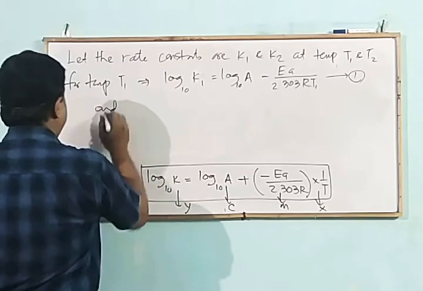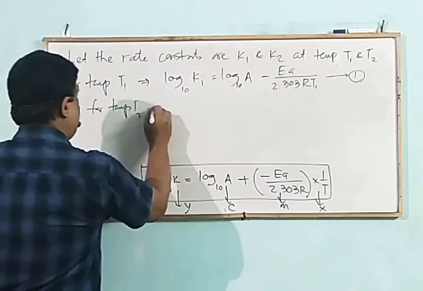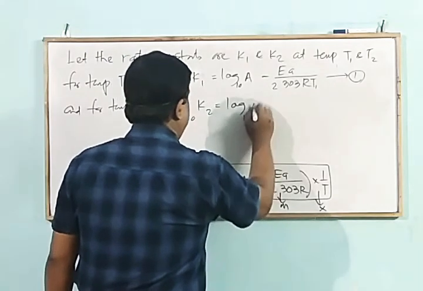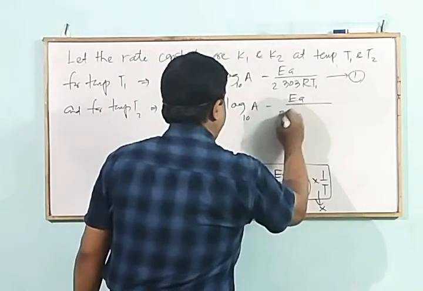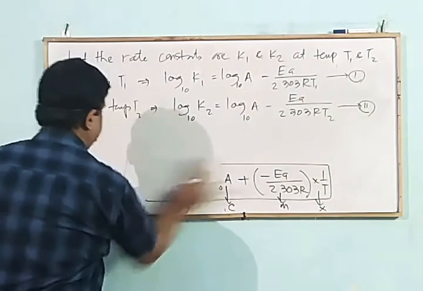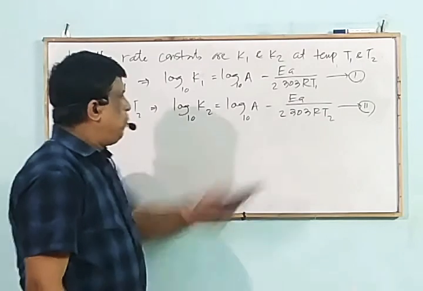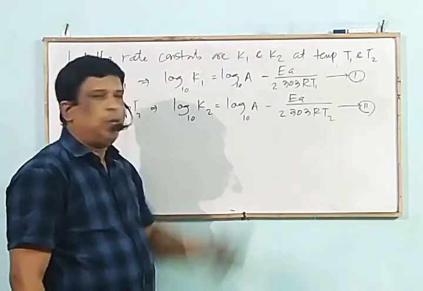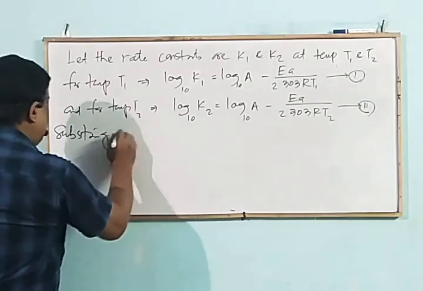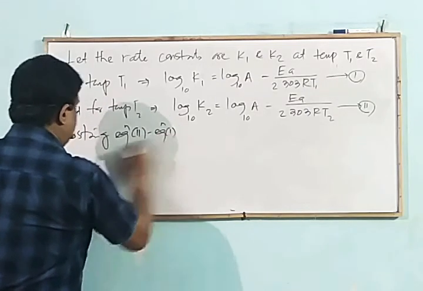And for temperature T2, the equation becomes log base 10 K2 is equal to log base 10 A minus Ea by 2.303 RT2, equation 2. If we subtract equation 1 from equation 2, that is equation 2 minus equation 1, we have